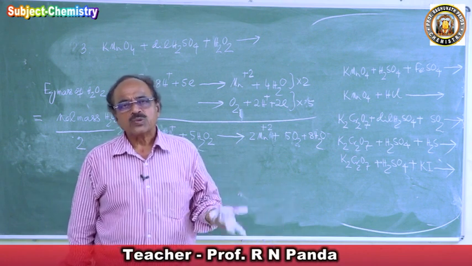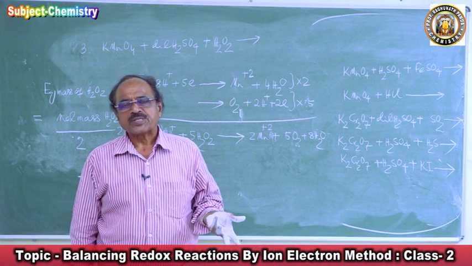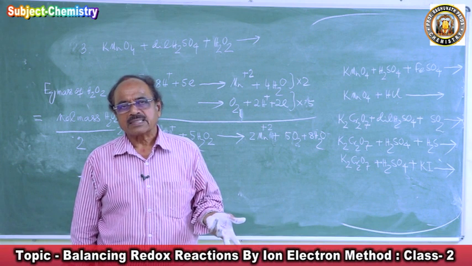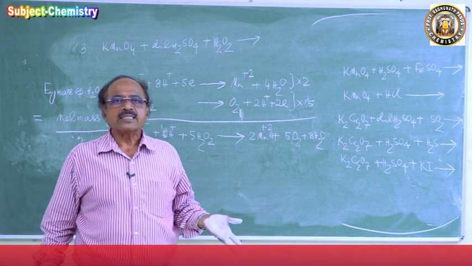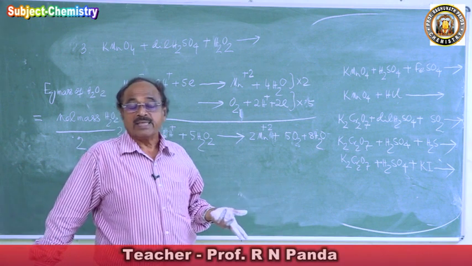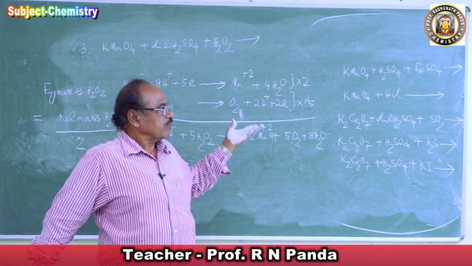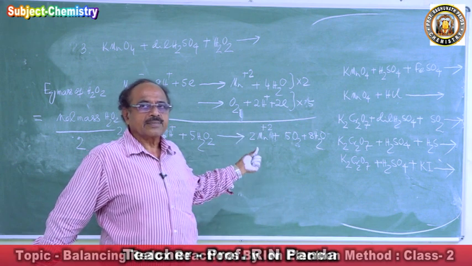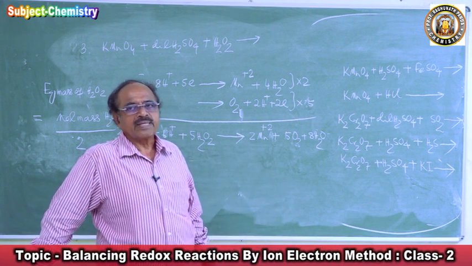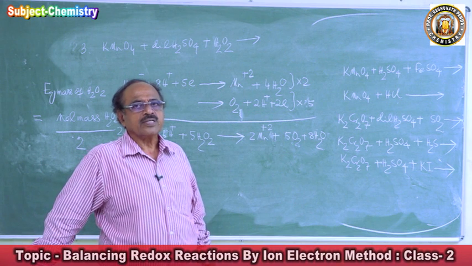A student has to know how to balance equations by the ion electron method and the partial equation method, because these are the things you will be using when studying your valency chapter. If you are well equipped with this, you will not get confused. There you will not be remembering equations. You can balance the equation by yourself.